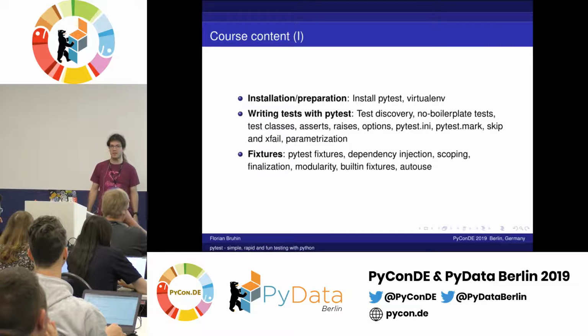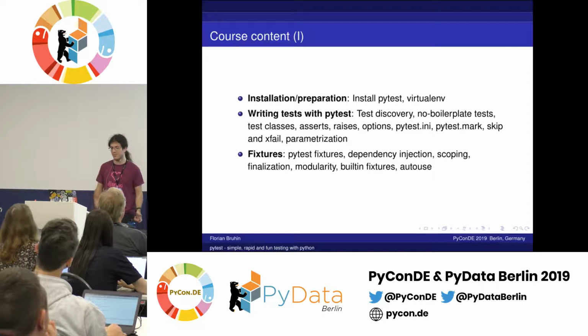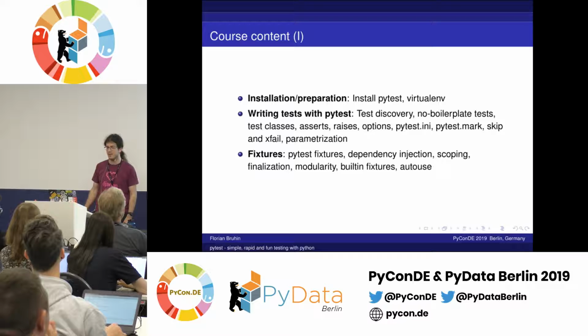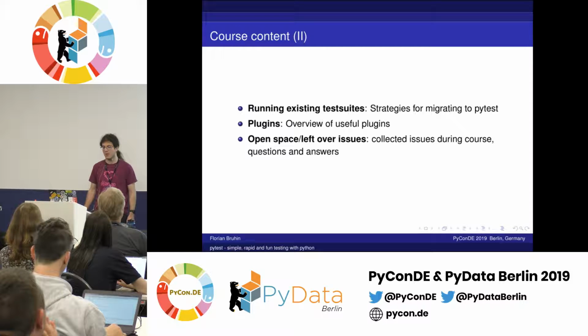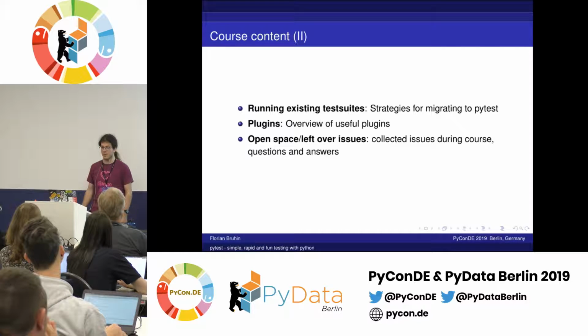Then a very big PyTest feature, which is fixtures, to do setup and teardown of tests. Then we will take a quick look at how to run existing test suites and how to migrate to PyTest. We'll see an overview of what plugins there are. And if you still have some time left at the end, there will be an open space or just room for discussions and issues.